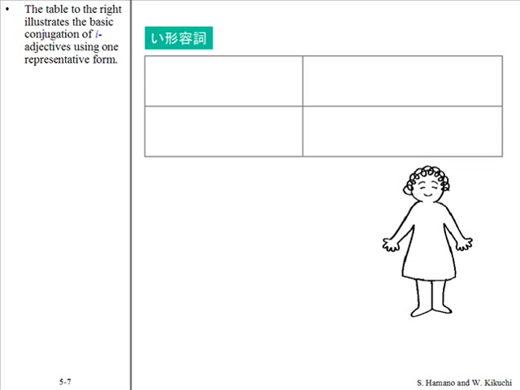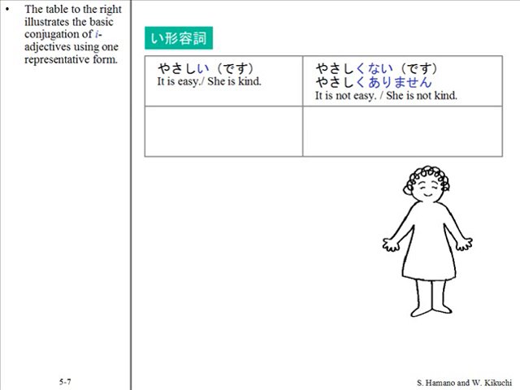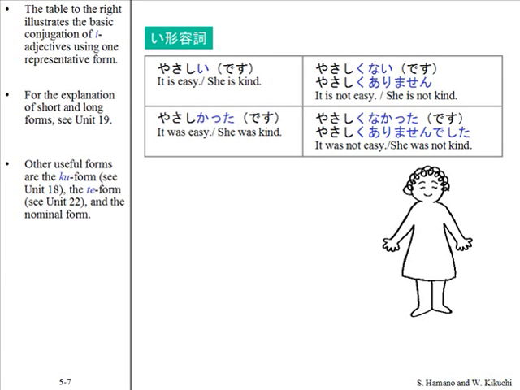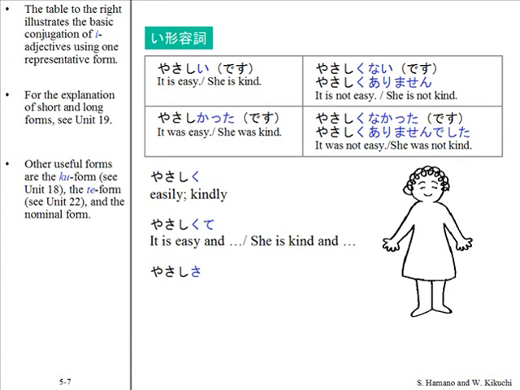The table to the right illustrates the basic conjugation of I-adjectives using one representative form. 優しい、優しいです。優しくない、優しくないです。優しくありません。優しかった、優しかったです。優しくなかった、優しくなかったです。優しくありませんでした。Other useful forms are the ku form, the te form, and the nominal form. 優しく、優しくて、優しさ。